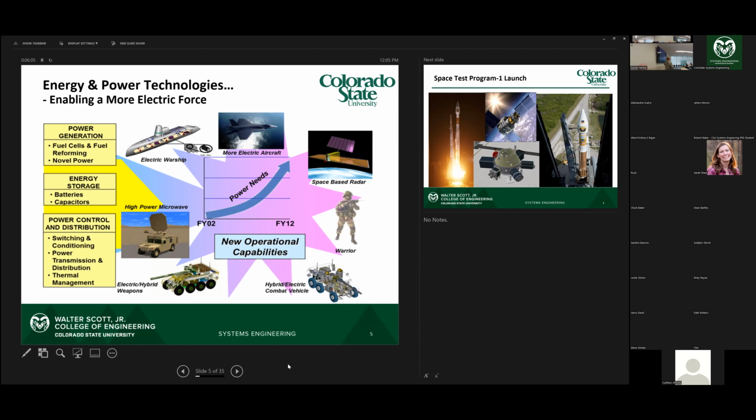We have space-based radar. So we have a number of these systems that are infinitely more complex than anything that we had before. So we can find ways of capturing how we're doing it and actually be able to do it faster. Because if you do it all by looking at documents and you do it in a serial process, then you have a little bit of a problem, and that's time and money.